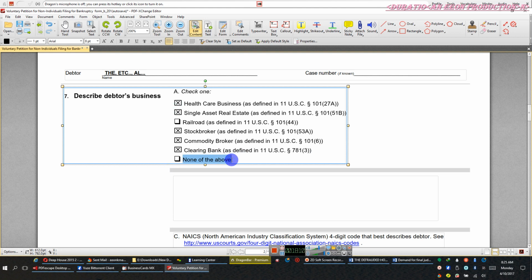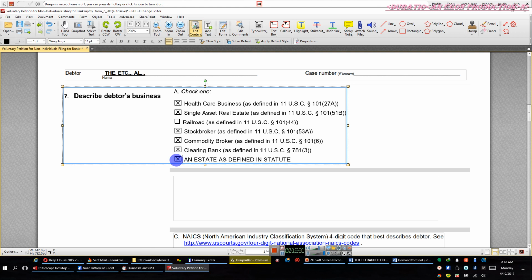This is unique, okay? Pay attention. Okay, and again, highlight, Shift X.